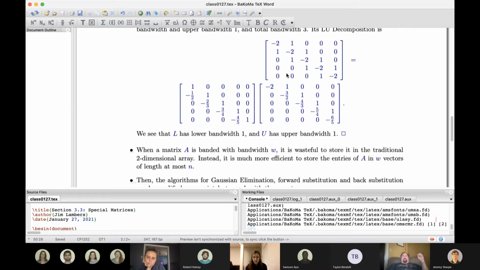That's 10,000 entries, but all of those entries are 0 except for roughly 300 of them, actually 298. That's really wasteful, so a better choice is to have vectors that represent each of the diagonals. I could have one vector for the main diagonal that has these -2s, a vector with one element less for the super diagonal,